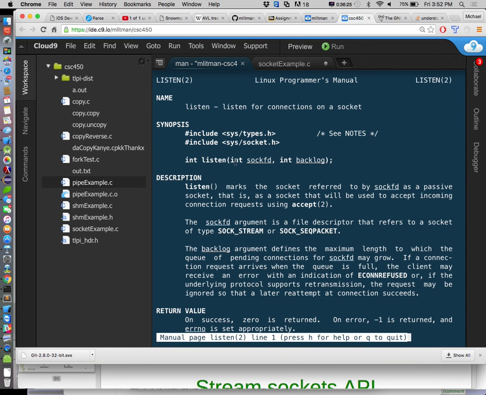Okay, so here's the listen function. It takes a sock FD and an int backlog. That's probably just a file descriptor to a log file. It defines the maximum length to which the queue of pending connections for sock FD may grow. If a connection request arrives when the queue is full, the client may receive an error with an indication of